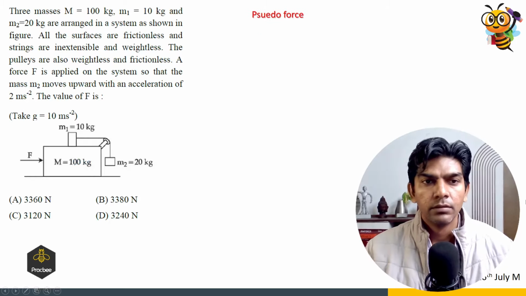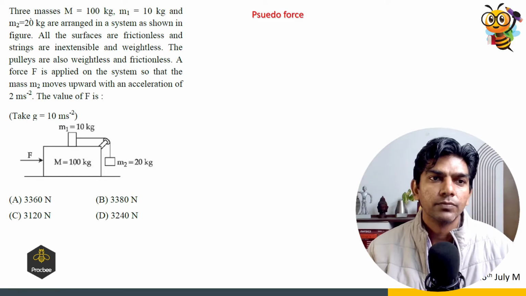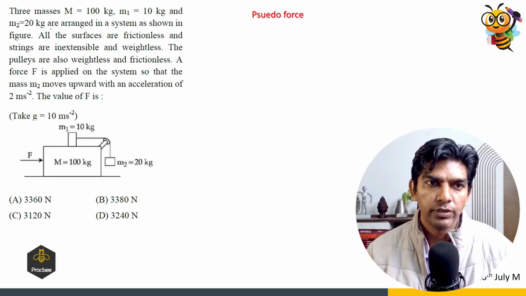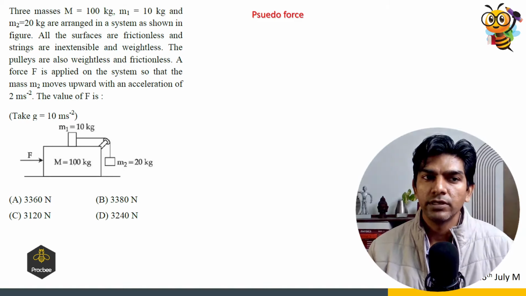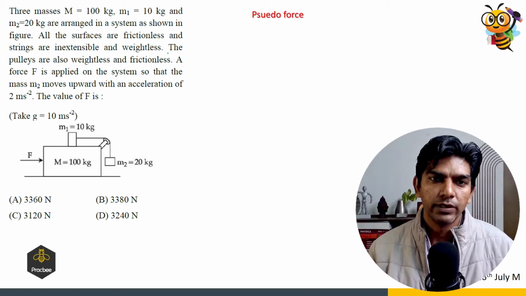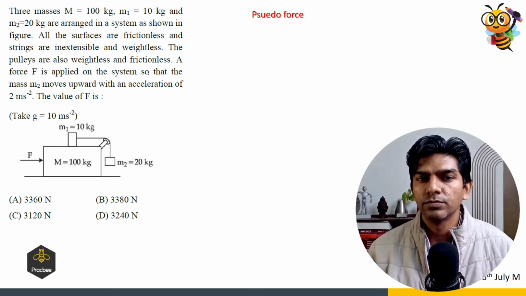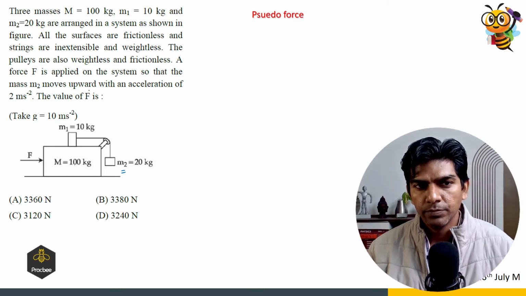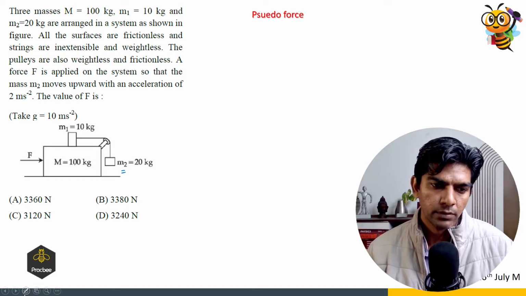Right, so let us see the next question based on pseudo force. Three masses, M is 100 kilograms, M1 is 10 kilograms, and M2 is 20 kilograms, are arranged on a system as shown in the figure. All the surfaces are frictionless and strings are inextensible and weightless. The pulleys are also weightless and frictionless. A force F is applied on the system so that the mass M2 moves up with an acceleration of 2 meters per second square. The value of F is,